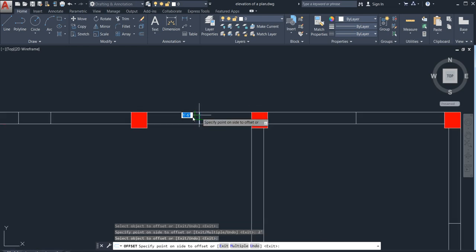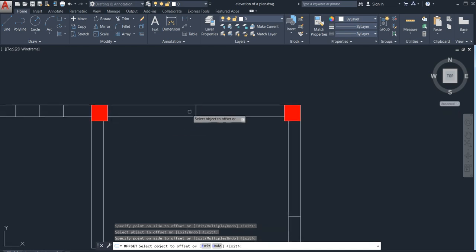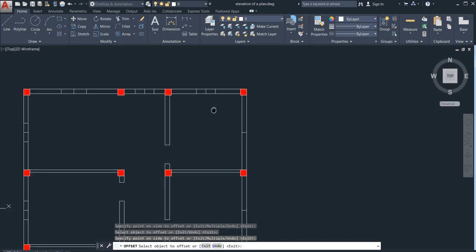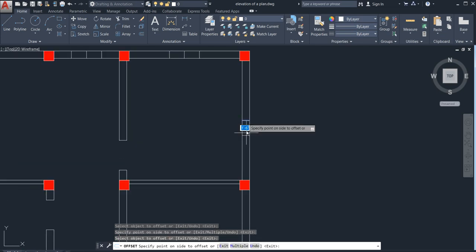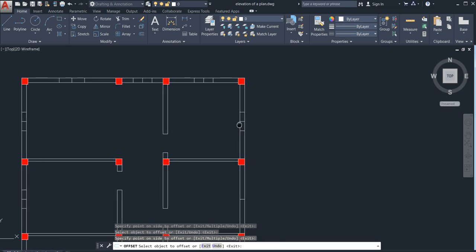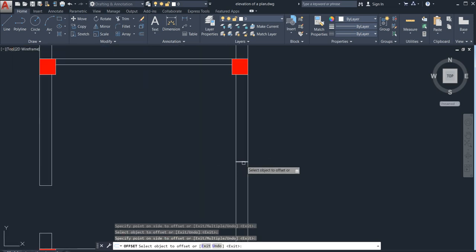If the room is long, keep your window also long. So go for all of this. This is our kitchen, right? This is your bedroom.